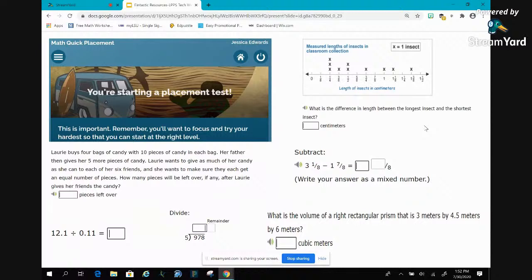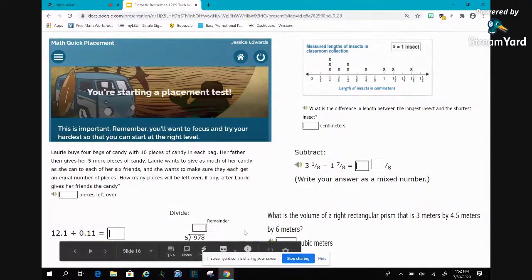This is math. So when they first log in, it will ask the students to take a placement test, and that's how it knows where the student is and what they need to be working on. So I made myself a login, and I logged in just so that I could find some examples of the math questions. And of course, I was trying to be smarter than a 5th grader. So my questions down here do look a little rigorous.